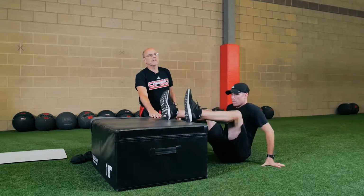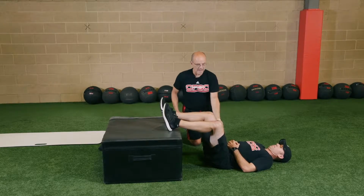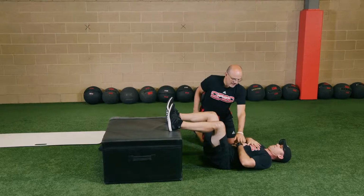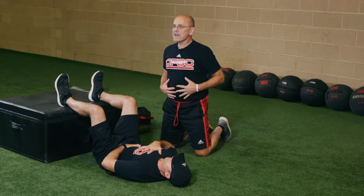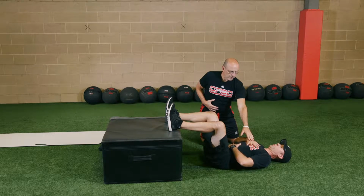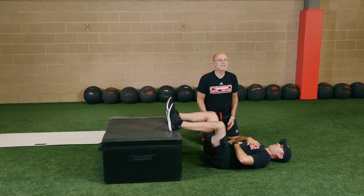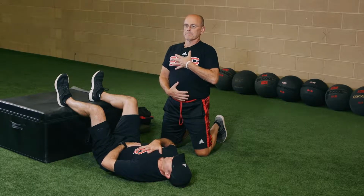And this is what the PRI people have dubbed 90-90 breathing, for obvious reasons, 90 here, 90 here. And we're going to ask Chris to put a hand on his chest and a hand on his stomach. And what I wanted to think about is, can he inhale through his nose and not get any chest movement? Get that stomach to come up, and then exhale hard. Good. Normally we might do a 5-second exhale. So I'm going to ask him to inhale for 3, exhale